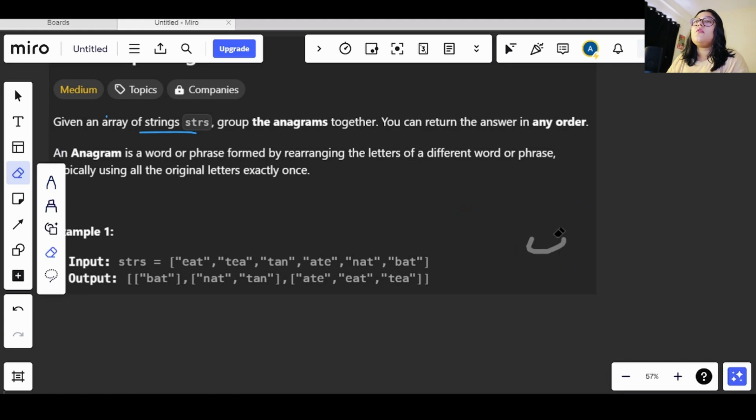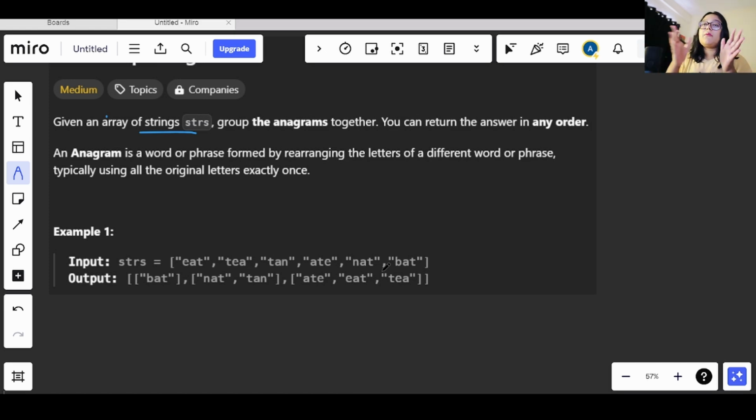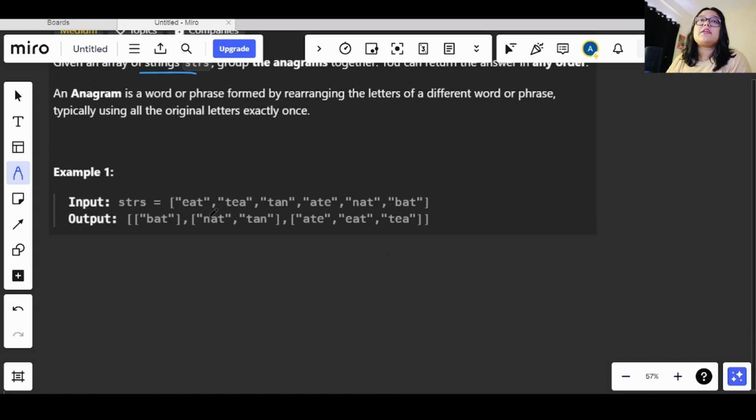Okay. So now in this question, in a similar way, we will be given an array of strings, and we need to combine or group all the anagrams together and return the answer accordingly. So now let's see. We have eat here. After that we have tea. So now if we see, eat and tea are anagrams, right?